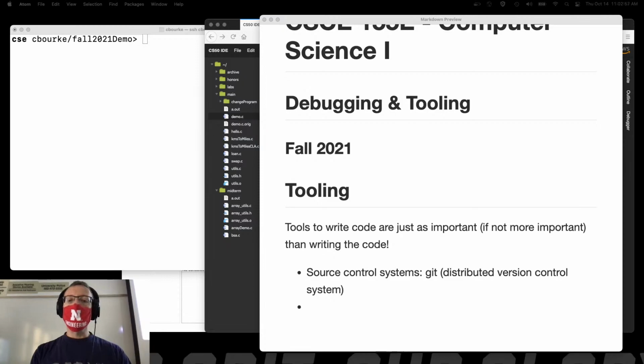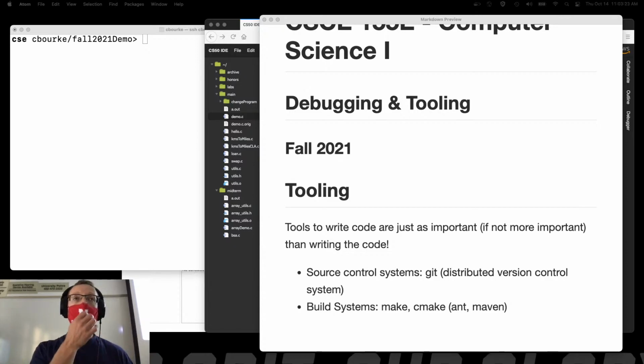You've also been exposed to build systems, right? Systems such as make or CMake, or in Java, there's Ant and Maven. Again, you've just had exposure to it. You've never actually had to write your own makefile or write your own Ant script or anything like that. But you can, and especially with Eclipse, there's an Ant script running in the background that you never see for how to build the actual default project. Building code can be just as complex as the code itself,